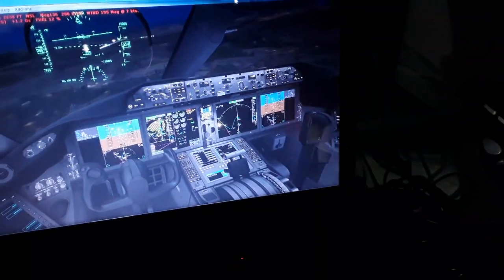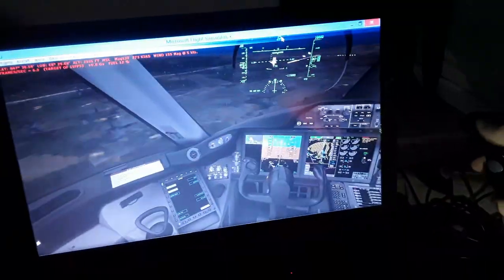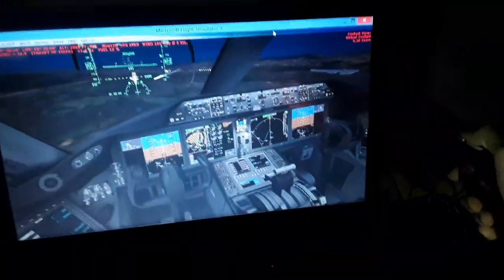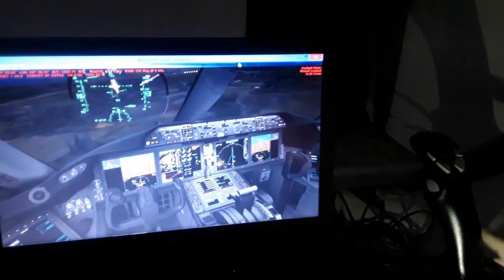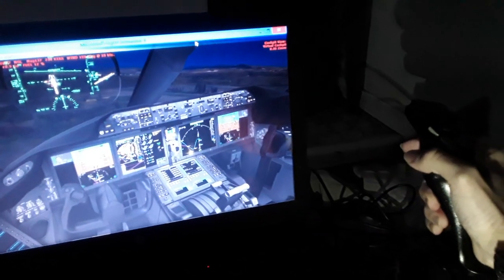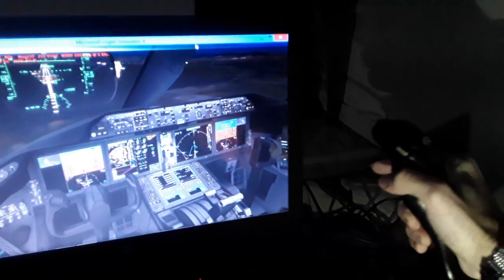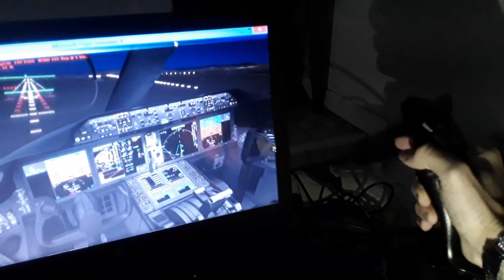So we need to align with the runway. We have about 1 more minute for the video record to end. Also you can see the LSZH localizer here, the glide slope and the localizer, the information as we are approaching for landing. So we align over here. We're gonna flare in a couple of seconds. So we are approaching for the touchdown, align with the center line, combat side wind